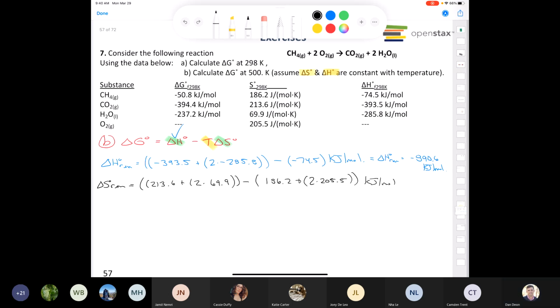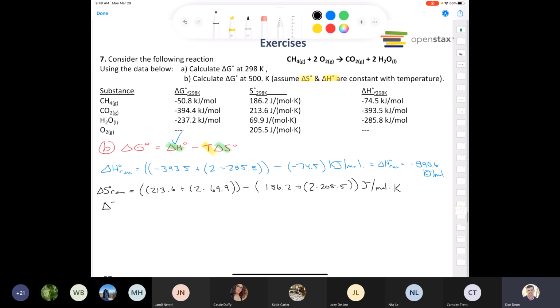Sorry, it's not. Leon's getting ahead of himself. So we have joules per mole Kelvin. Make sure to pay attention to these units, unlike I just did. Well, actually, I was thinking about something else. But anyhow, there we go. So pay attention to the units, and we get that the delta S of the reaction